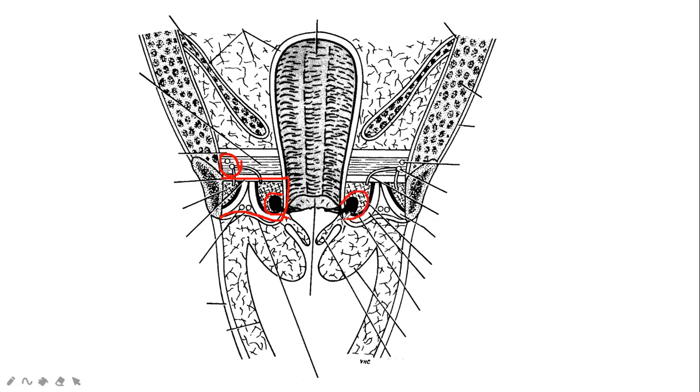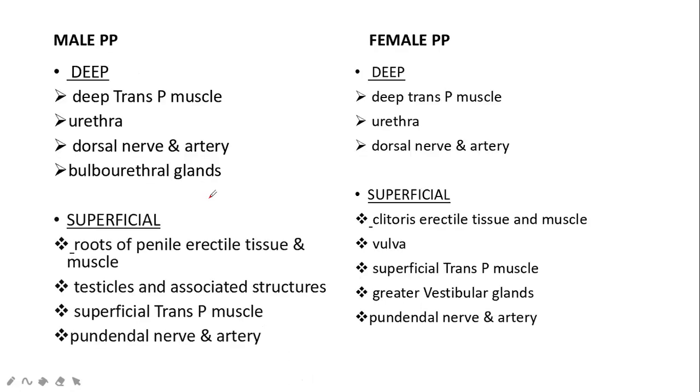Now, if they ask questions concerning these structures, they are within the superficial perineal pouch. Yes, they are within the fatty tissue. So actually these are fatty structures. And we talked about the deep transverse perineal muscle within the deep perineal pouch, and then the superficial transverse perineal muscles coming from the ischiopubic ramus as well as the tuberosities. So that is generally a revision